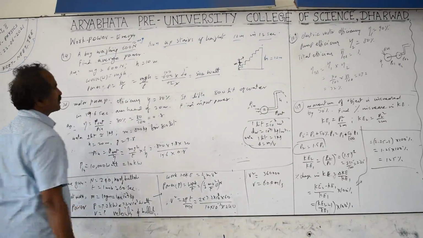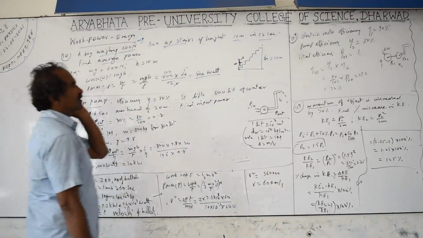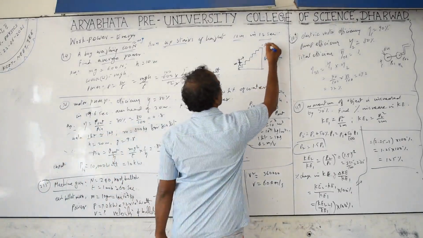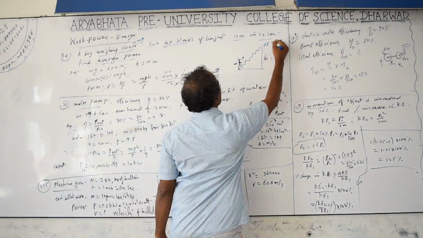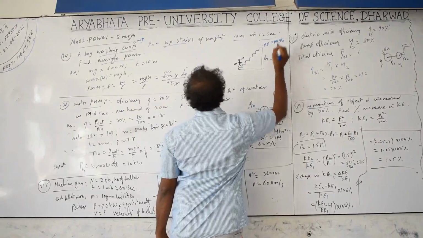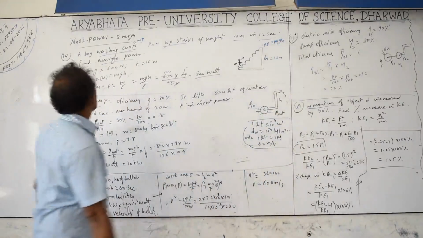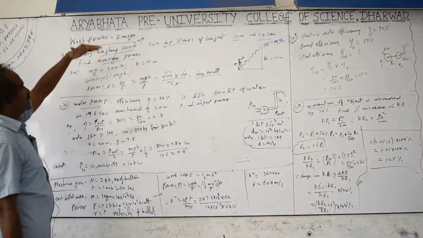Power is equal to work by time. Here the work done is equal to the potential energy converted. Work done is equal to potential energy, which is mgh. According to the requirement, work done can be taken as a change in potential energy or a change in kinetic energy. Here work done is equal to the change in potential energy from the ground to the height h, lifting his own